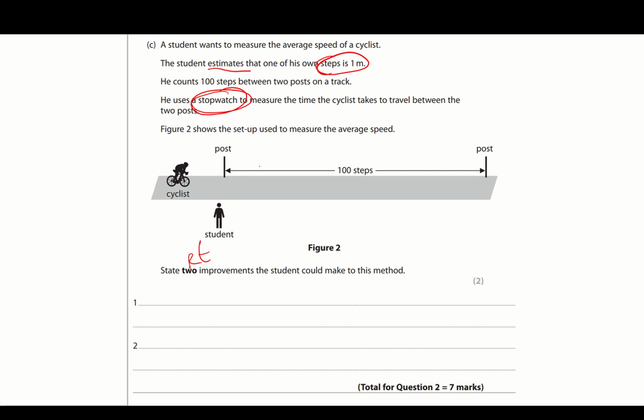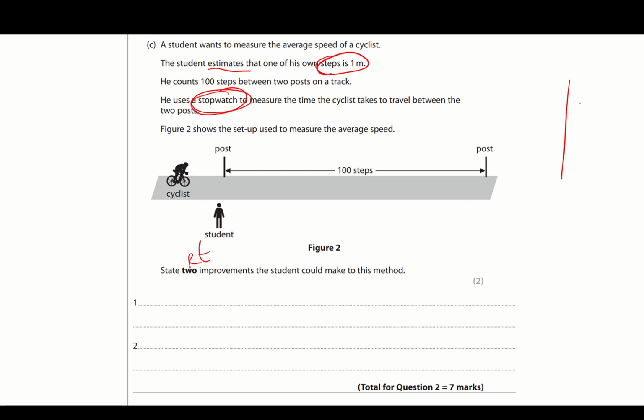Well, the improvements are, how about we measure that with a ruler or a tape measure or a trundle wheel, something that's a bit more accurate than roughly counting out some steps. And the next part is, how about we use an electronic timer between those, as that will remove the human reaction times. Now there's one other one that I'm going to talk about, which is to do with parallax error,